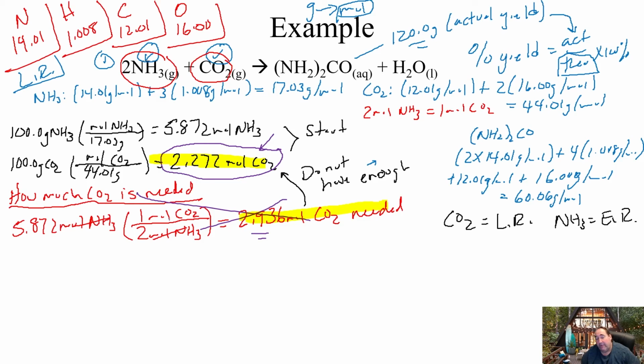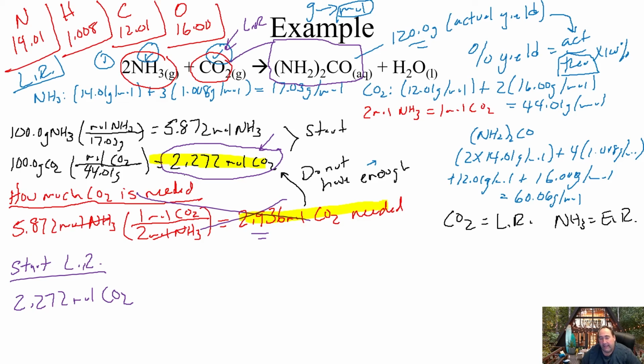What we calculate here would be how much CO2 we would need to use up the NH3. Not going to work in this case. So we've got to go back to the starting amount, always, when you're trying to figure out how much product. So once again, always go back to that starting amount of your limiting reagent. So we're going to go with 2.272 moles of CO2. We're now going to do moles of our limiting reagent to moles of our product, which